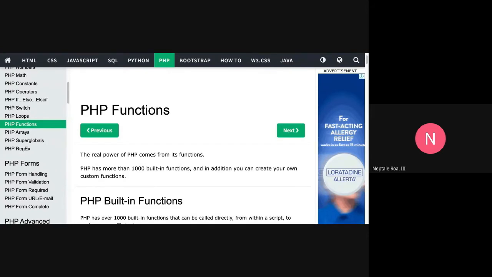But before that, let's try to understand first, what's the purpose of PHP functions or functions itself? When you code, there will be some features that you do repeatedly. For example, you would want to connect your system to the database, or there is a particular form or a page that you would want to be connected to your database, and then